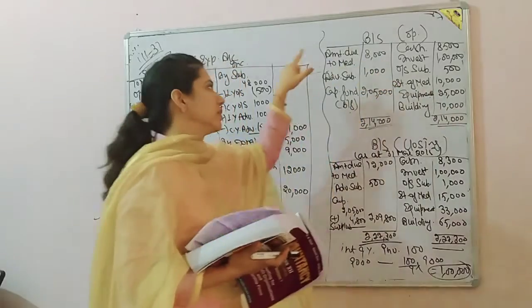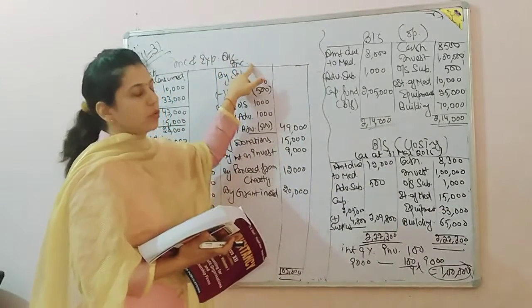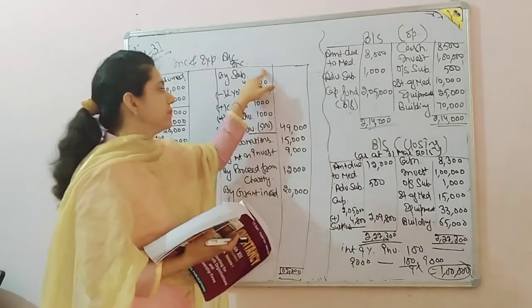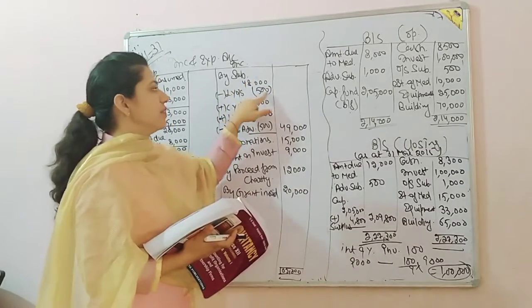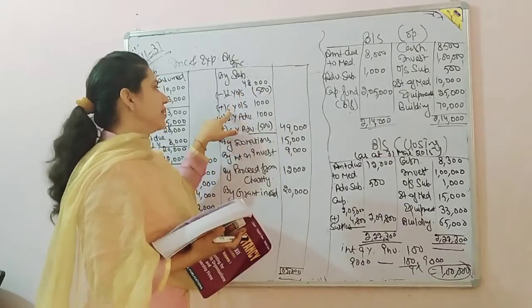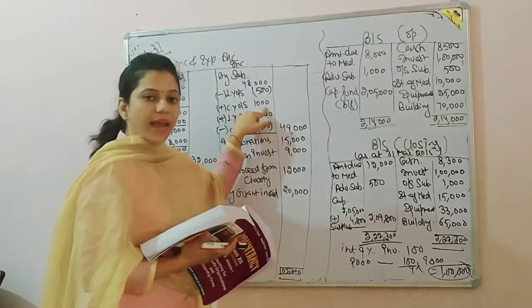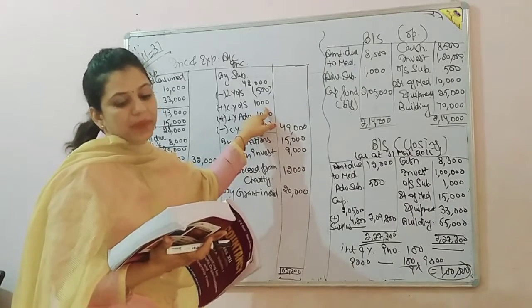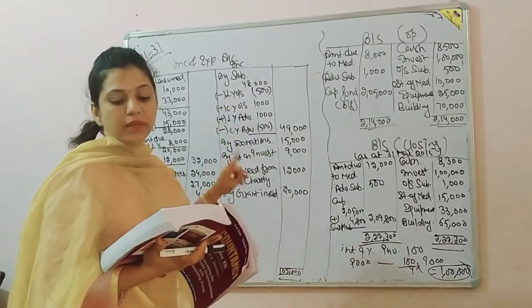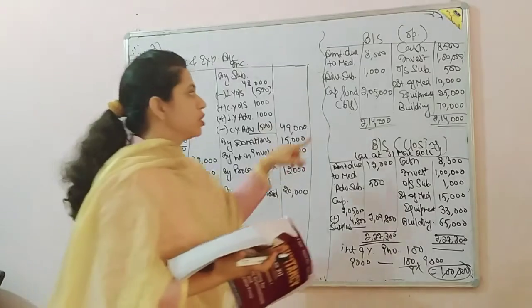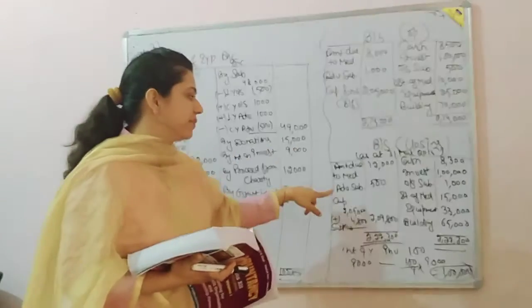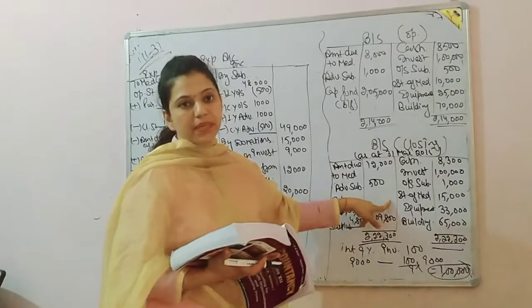Last year subscription. Now make income and expenditure account. In income side just leave the space of subscription. Then write last year outstanding 500 will be less and current year outstanding 1000 will be added in subscription. Next, subscription received in advance. Last year advance 1000, current year advance 500. So last year advance subscription in last year liability, current year advance subscription in current year liability.